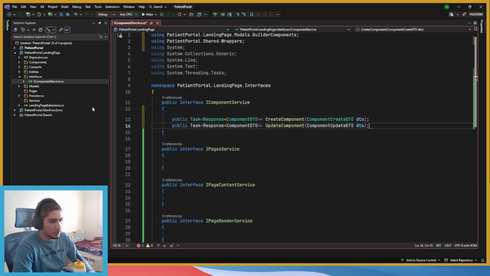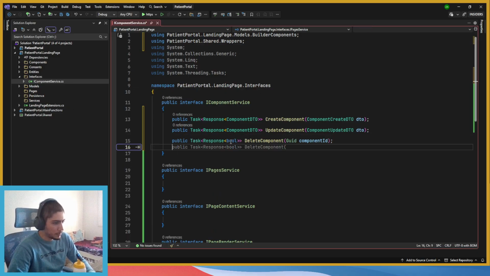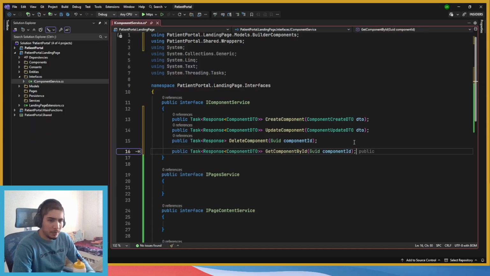It should start suggesting what we need to do next. Delete, yep. This one I avoid by just using response on its own. And then what else did it want to recommend? Get component by ID, okay. Though we don't need it, but the most important one is